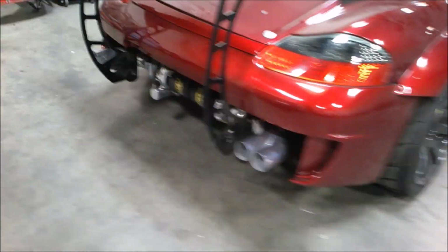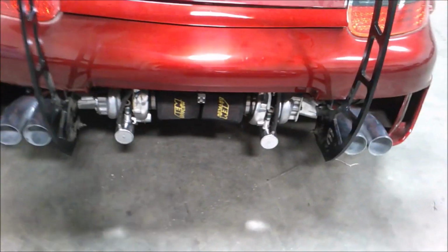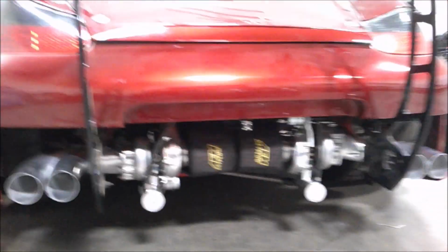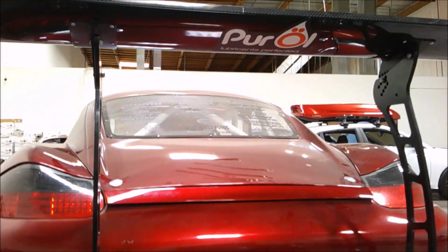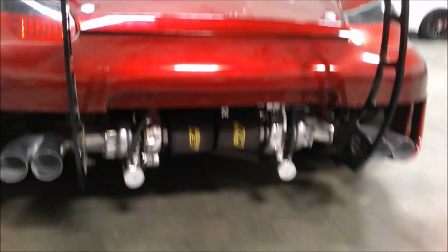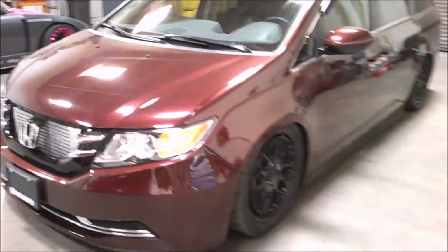via an electronic boost solenoid. And it's out here because I did some updates to the rear. So got some nice polishing going on here with the exhaust. It's really cool. Of course, I use Pure on it. It's really nice. And then the most popular car that I've built to date, which even has a Hot Wheel,